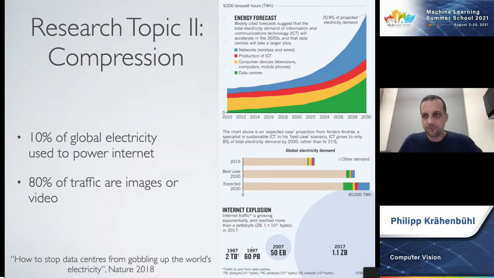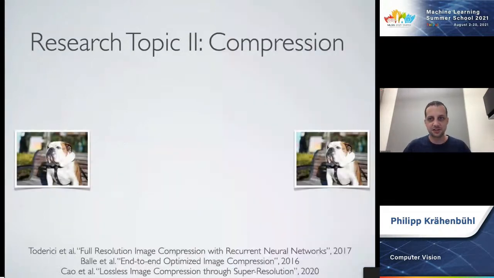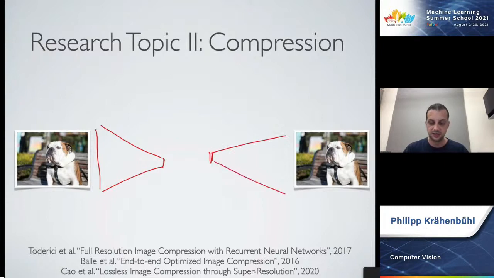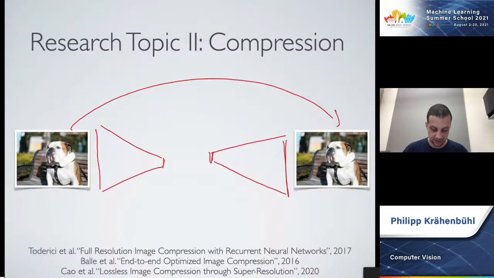Besides that, image compression is also a very fun topic. There are really two ways people have tackled image compression before. One is the standard autoencoder, where you're trying to learn an autoencoder that takes an image and reproduces that image, but in between uses just a few bits.